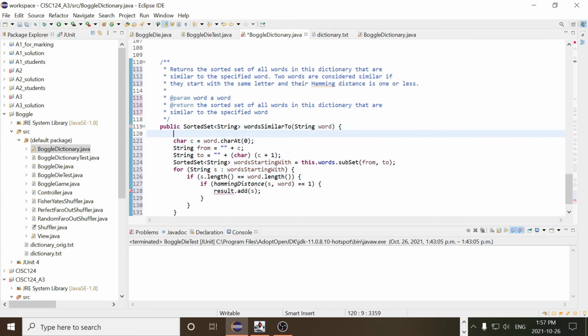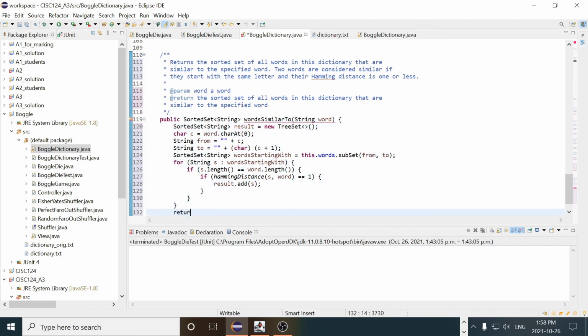up here somewhere, I need to define what result is. Result is supposed to be one of these. So I need to make a new sorted set. Now, sorted set's an interface, so you can't make a sorted set. Instead, you have to make an object that implements the sorted set interface, and that happens to be tree set. Right, and now I'm done. Right, I just return the result,